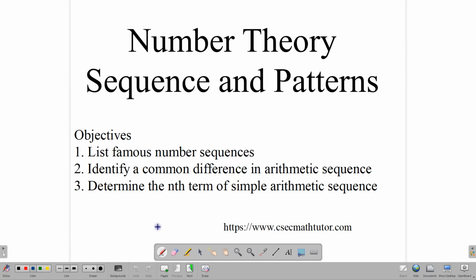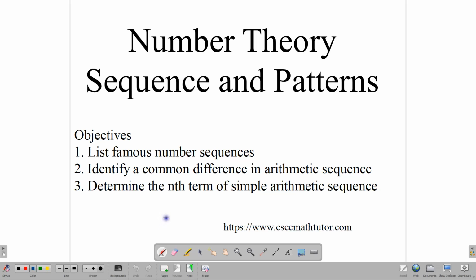We are looking at number theory and a very important lesson. Today we are looking at sequence and patterns. Now you will realize that sequence and patterns gets a whole question on the CXC paper. Nowadays it's at number 7. In other years you will find it at number 8. And most students love this type of question and they're able to reason out and obtain a lot of marks